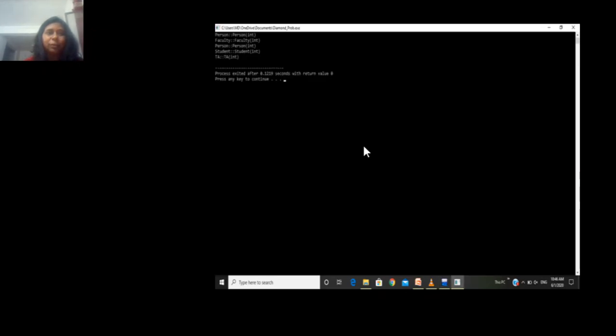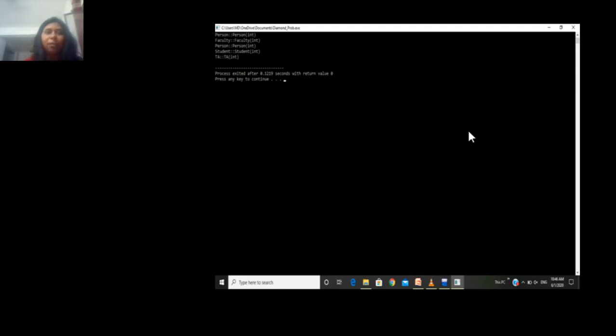When this program is executed, I get the result as person first, because I have printed the name in the constructor itself. At first it prints person, then faculty, then person again, then student, then TA.